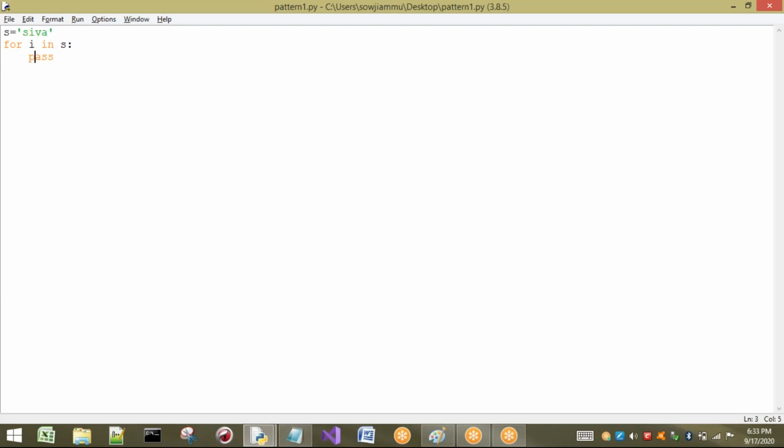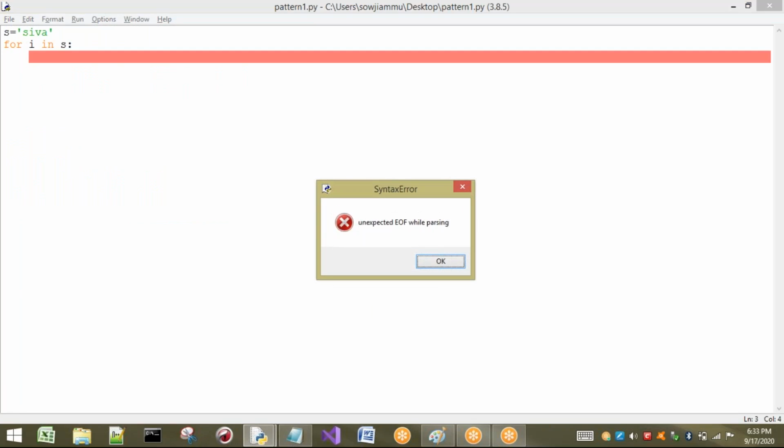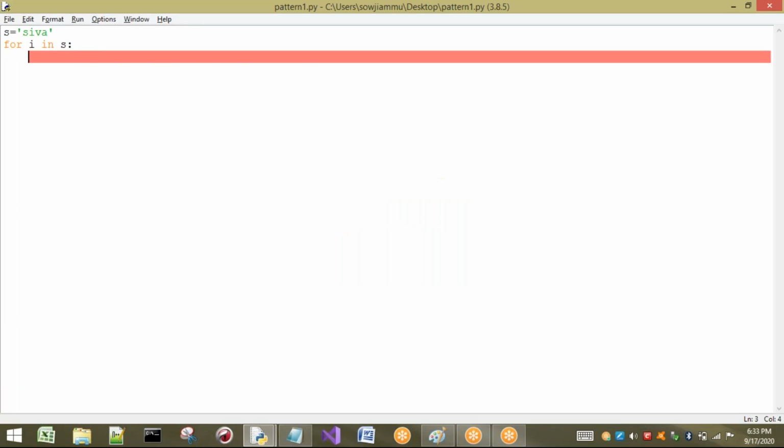Sir, what is the need of writing pass here? If you just leave it this way, what happens? If I save the program in this way also, what will you think? Sir, in this way also there is nothing to print in our for loop, it will also give no output. Okay, now see. It will give you an error: unexpected EOF while parsing.